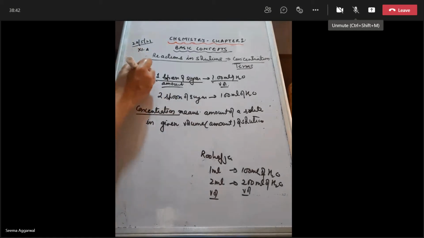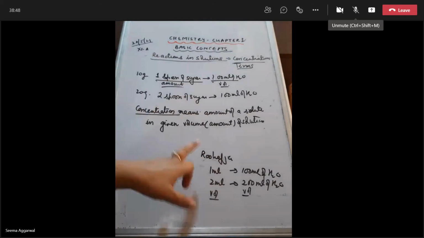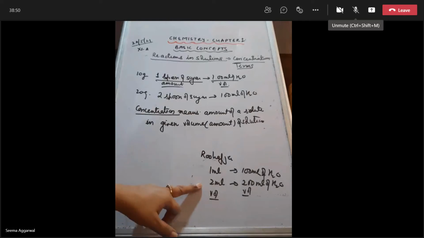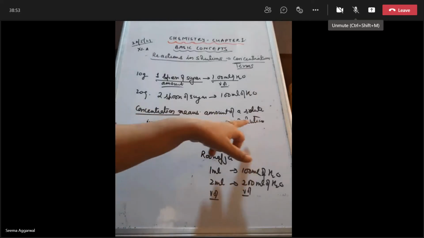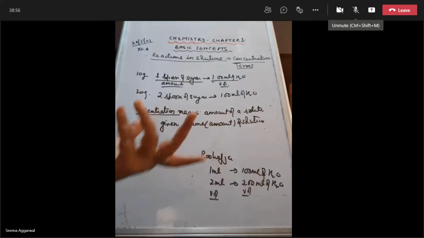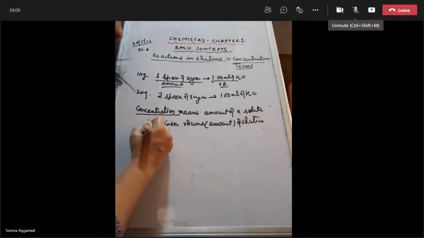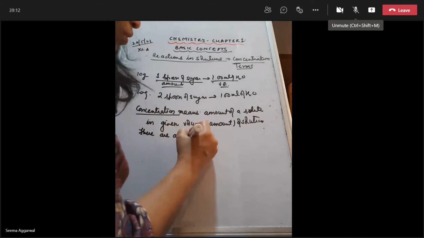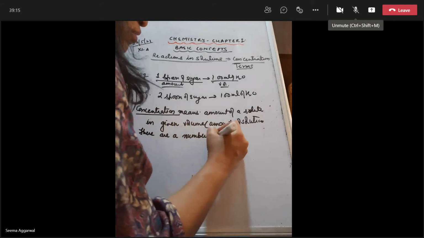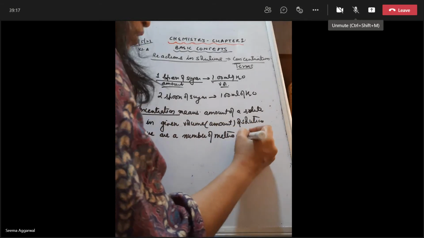जरूरी नहीं कि मैं mass ही लूंगी. मैंने 1 spoon या मैंने suppose यहाँ पे 10 ग्राम ले लिया था, यहाँ पे मैंने 20 ग्राम ले लिया. So amount of the solute can be in mass or it can be in volume. ठीक है, same solution. It can be in volume or it can be in mass. अगर मैंने water का mass ले लिया, कोई और liquid ले लिया, उसका मैंने mass consider कर लिया. So it depends on the unit. So there are a number of units. There are a number of methods for expressing the concentration.